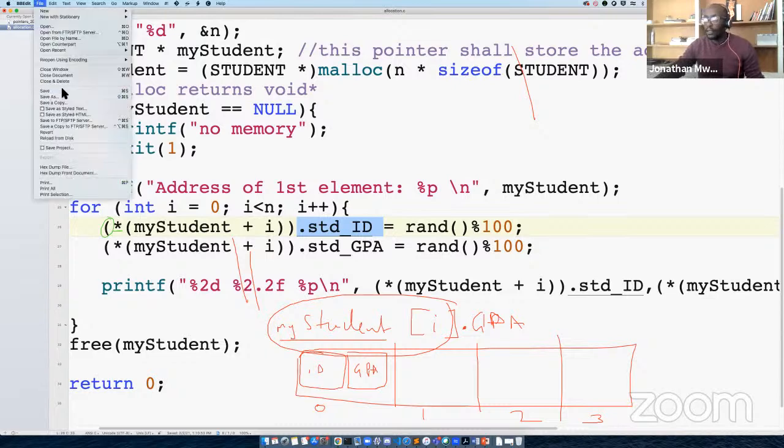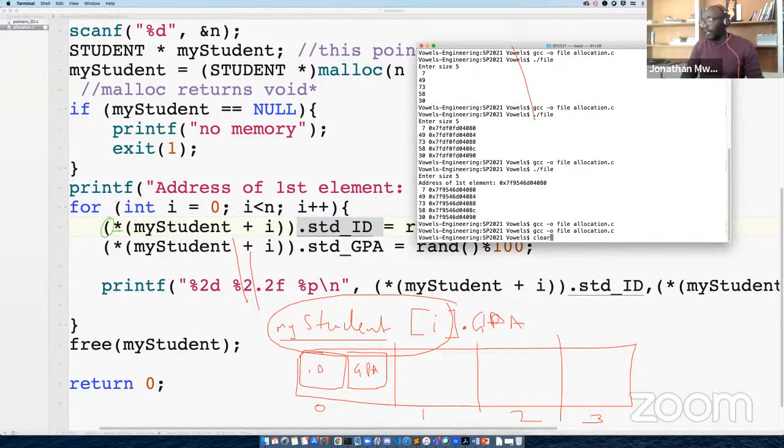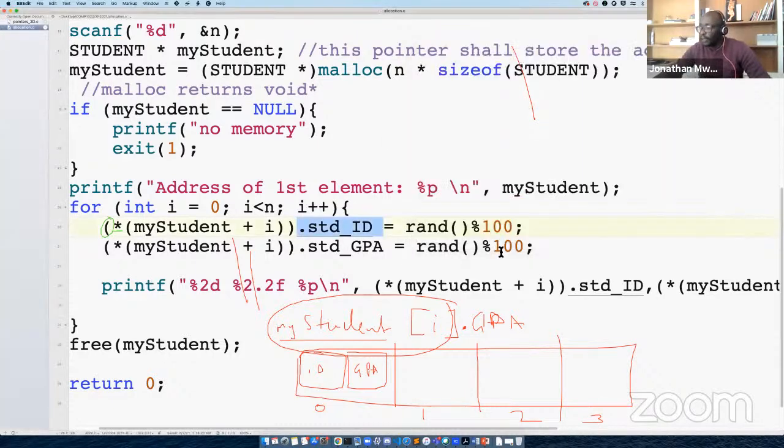Now I'll save this. We run it. I think we had run it, but we can run it again. I'll clear this a little bit. Then we'll do file, and it says items 5. We put it together here, and we can see we have 7. I think maybe for the GPA we need to do something else. Maybe we should get it 4 here, and we should make it a float, right? So again here, we are taking a number between 0, possibly we should do 5 so that we get numbers between 0 and 4, and then we typecast it to a float, right? This is what we want to do.